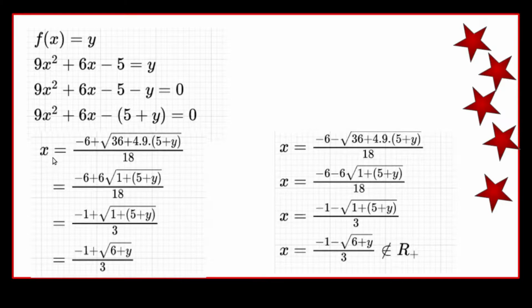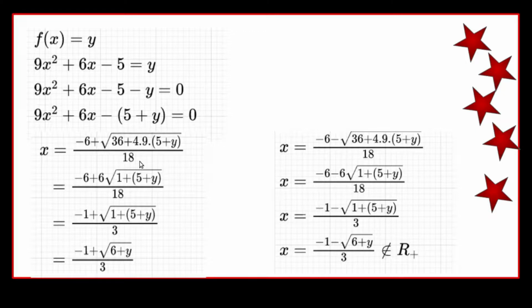And the solution is x equal to minus b plus or minus root of b square minus 4ac divided by 2a. Minus 6 plus or minus root of b square, which is 36. Now here a is 9, b is 6, c equal to minus 5 plus y. So minus into minus becomes plus, 4 into a into c. So 4 into 9 into 5 plus y,